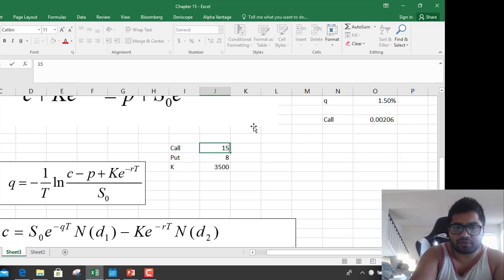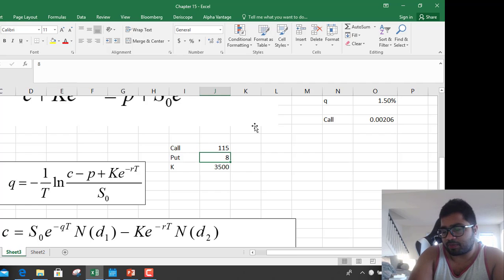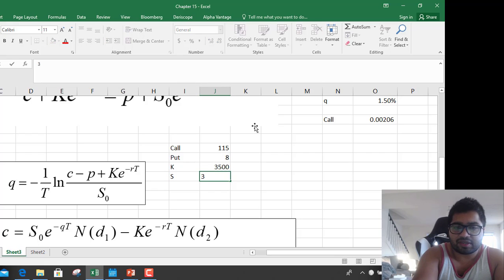And let's make it 15. As it will already be in profit of 100, so let's make it 115. Okay, so call price is 115, put price is 8, K is exercise price 3600, stock price is 3500, and